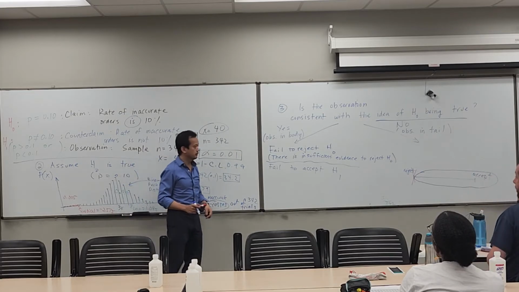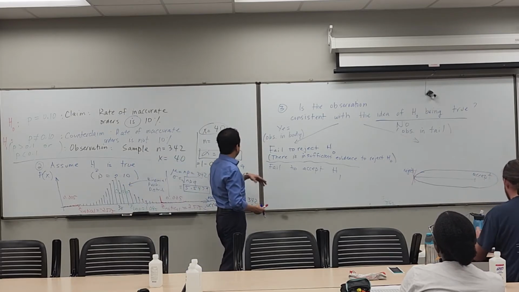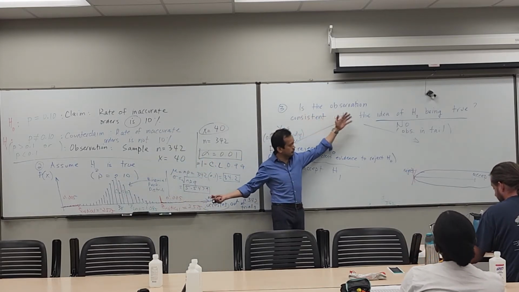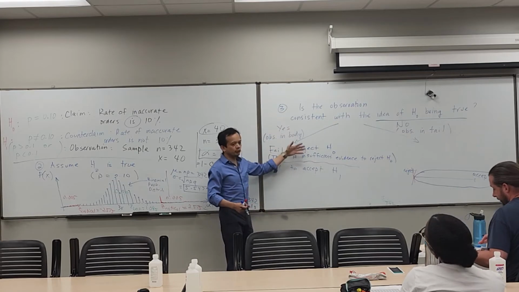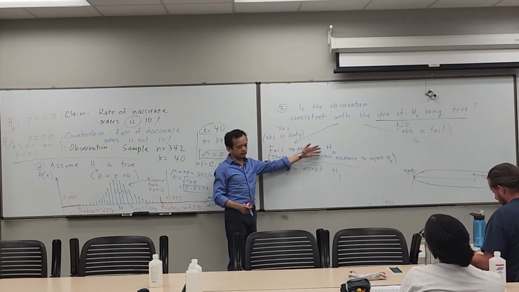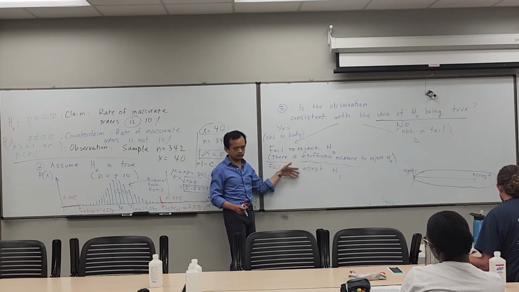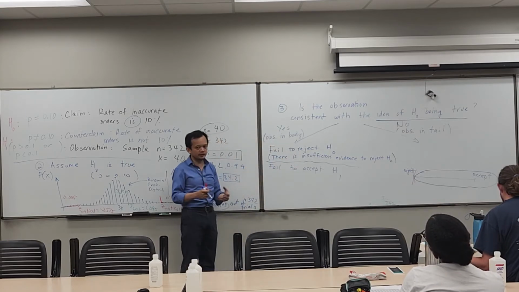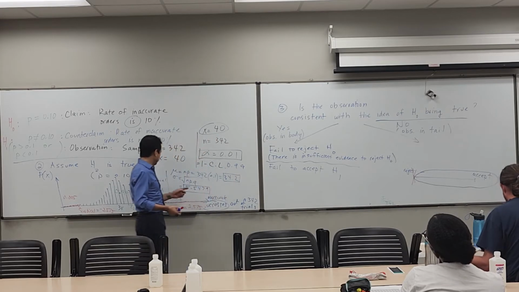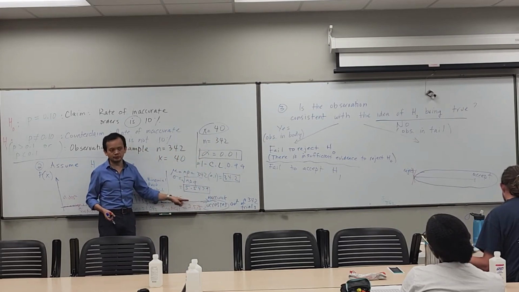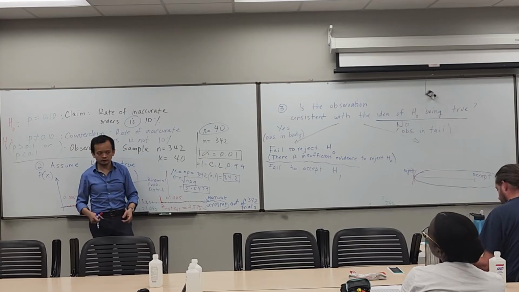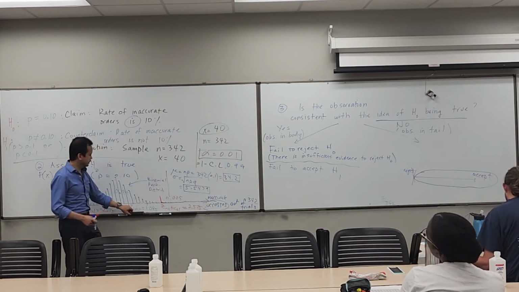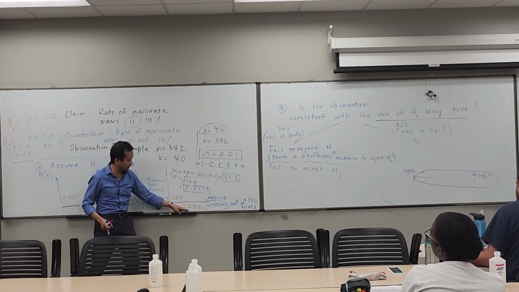Okay, questions? So again, if the observation is in the body of the distribution and it's consistent with this distribution of H0, then you end up with very weak conclusions. Fail to reject H0 and fail to accept H1 are very weak conclusions. So ideally, when you're doing hypothesis testing, secretly, what you want to happen is you want the observation to be in the tail of the distribution. So you end up having strong conclusions. So if the observation had been in the tail, where your z-test had been something greater than 2.5,